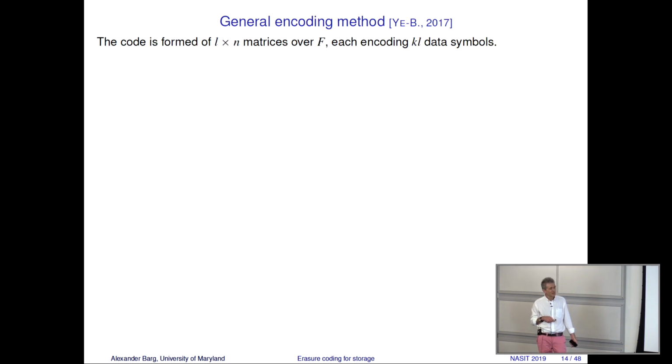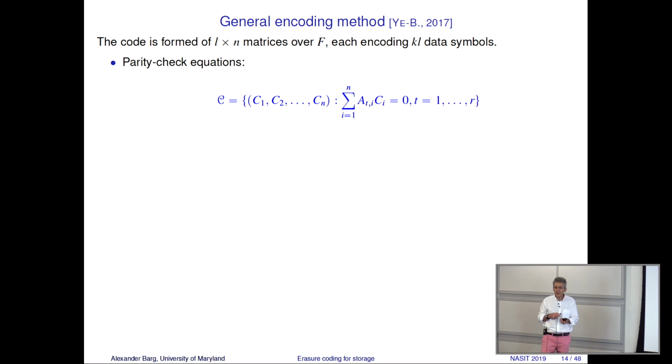All right. So all the details aside, let us look at the basic question. We want to repair one erased coordinate from d helper coordinates. The code is MDS. Any k give us the entire file. The code is formed of l by n matrices over F. A matrix encodes k l symbols of the field F into n l symbols of the encoding. So think distributed storage. We put l on a storage node. One is erased. Our task is to repair. I guess this question should be clear.